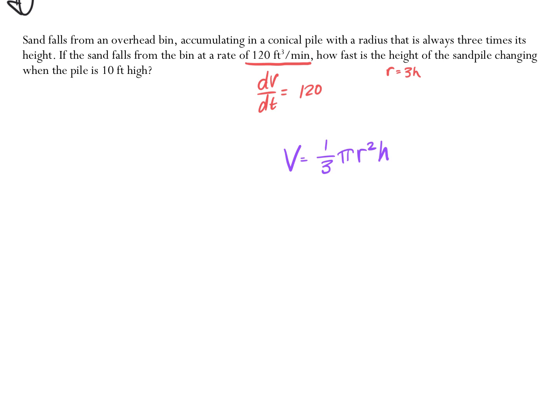Okay, you guys, can I do this right now? Yeah, because r is 3h, so you just have h. The thing is, if I were to take this derivative right now, I would have a dV/dt, a dr/dt, and a dh/dt. And I don't have enough information because I don't have anything else about this radius, other than it's equal to 3 heights. So, what we're going to do,